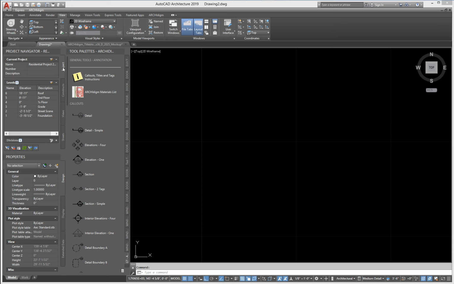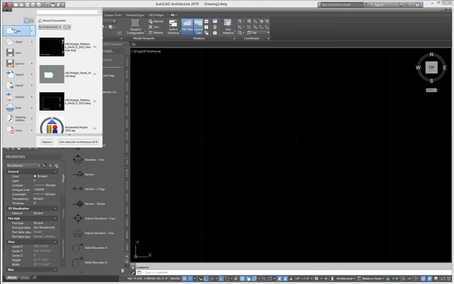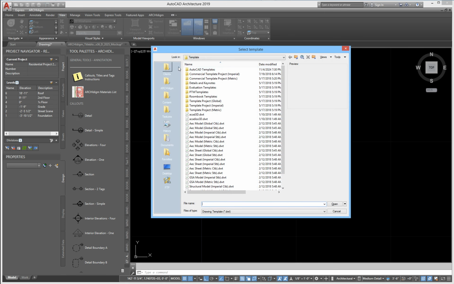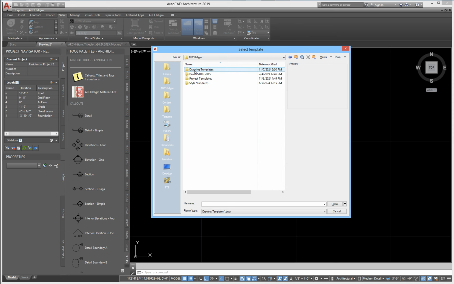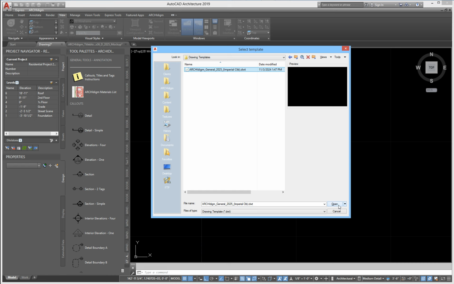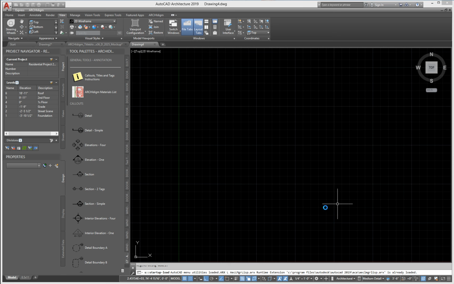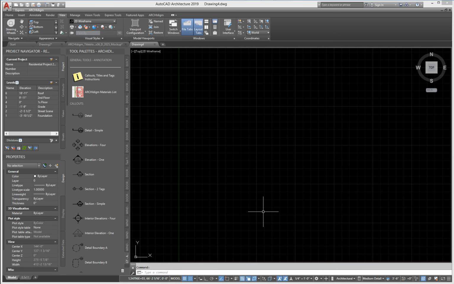I'll set this back to projects up here. So to begin with, you'll need to create a sheet configuration. So I'll go to File, New, and we'll jump to the template file we created in the previous discussion. And we had this under a new folder called Drawing Templates, and here it is. We'll use that because it's already been set up mostly for everything we need, with the exception of we need